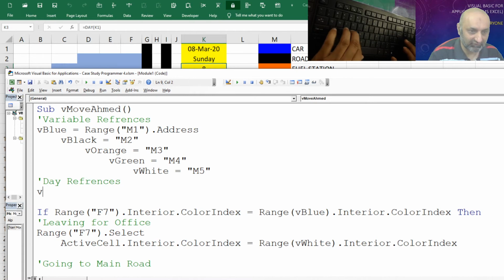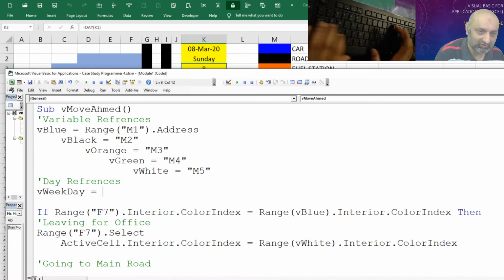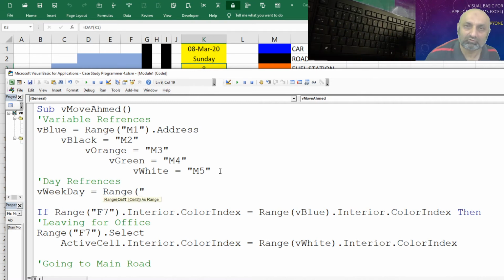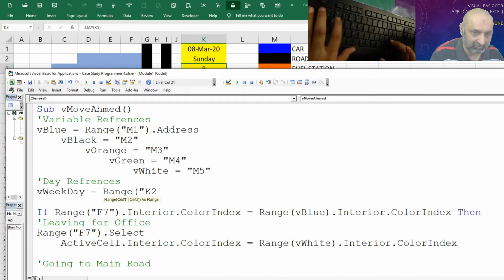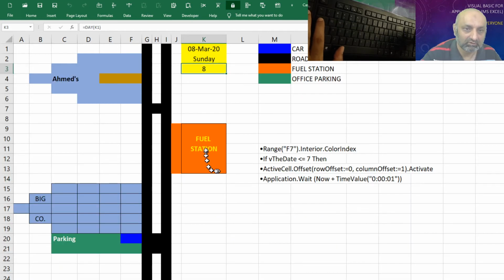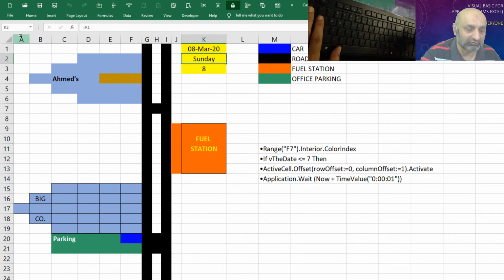So let's define a variable, let's call it vWeekday, starting with a V. This will make it different from the Excel function Weekday. So vWeekday is equal to range K2 dot value. Let's check it out. We have Sunday in K2.